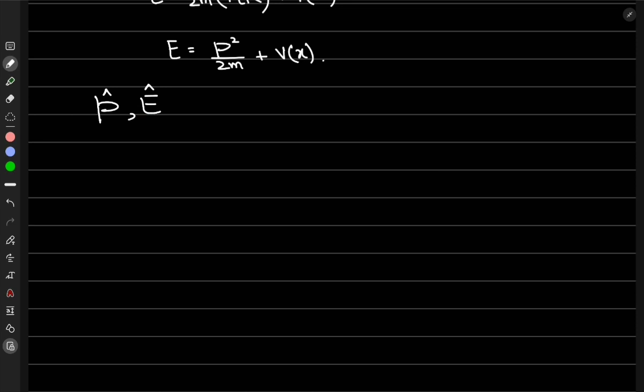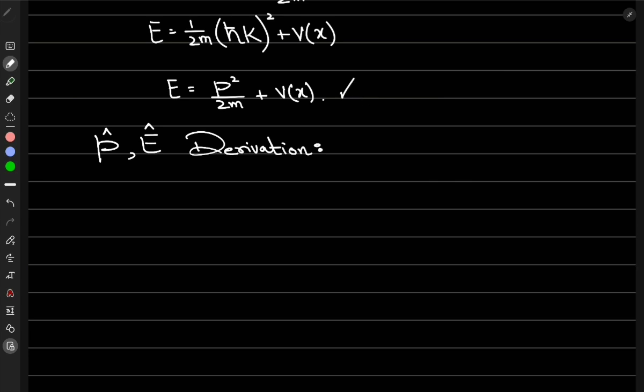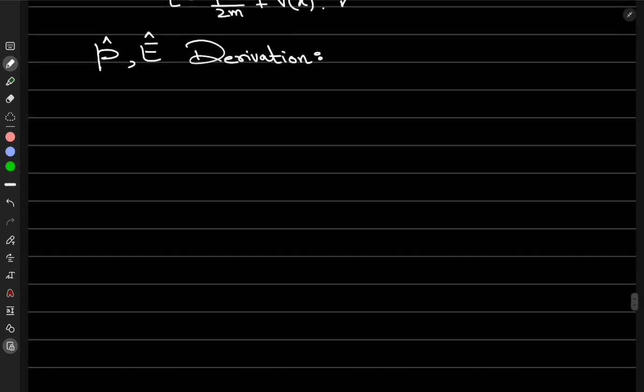Okay, so I'm going to derive these operators. The derivation of these operators is what we will do next, and then we'll go back to deriving the Schrodinger equation, since this derivation is required to understand the Schrodinger equation. As you know, over here we arrived at this step. The next step is just to promote them to operators so that we can shift to quantum mechanics. And after that step only, we can move towards the final form of the Schrodinger equation, right? Okay, so let's start with the